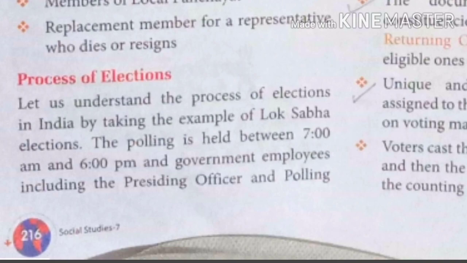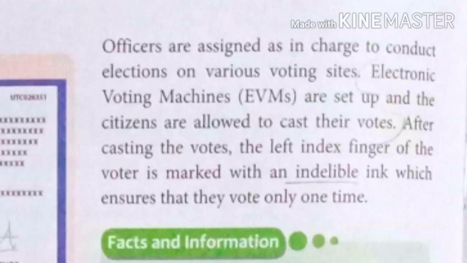Different voting sites are arranged according to the facility of common people, and electronic voting machines, EVMs, are set up, and the citizens are allowed to cast their votes. After casting the vote, the left index finger